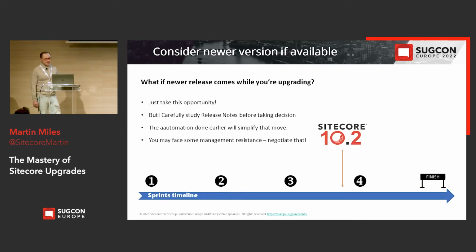The upgrade process takes a decent amount of time, and it may be that a new Sitecore version is released while you are doing this upgrade. My best advice would be to stick to the newer version. First of all, it may not be an easy task, especially if you are working for a partner rather than the end client, and versions have been signed off. It will take lots of effort to persuade stakeholders to consider that, and you will have to motivate your arguments